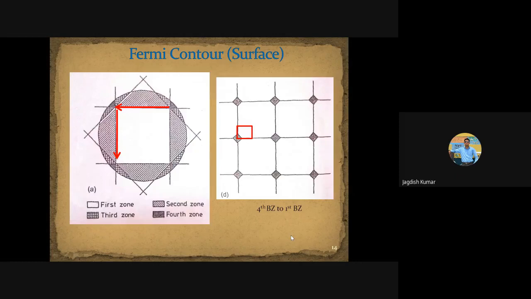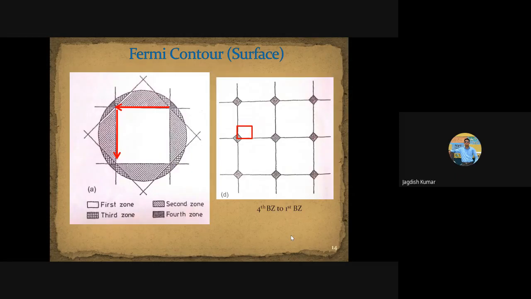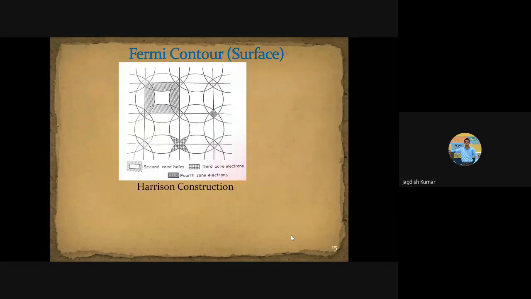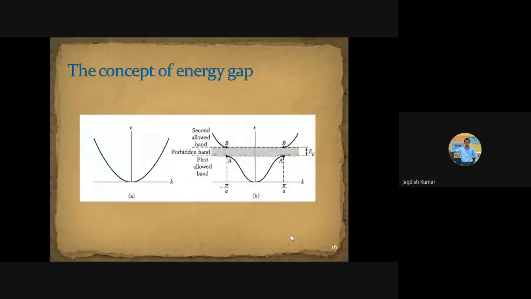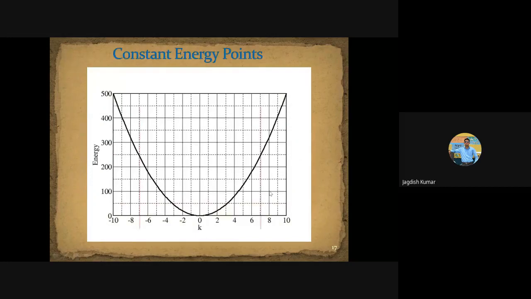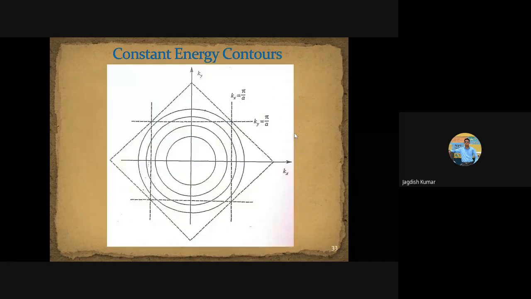So this is what you call the Brillouin zone folding, and how we can get from higher Brillouin zones to the first Brillouin zone. This we will skip. We'll discuss it in some next class, no problem. And then, of course, this is how the gap opens up. If the gap opens up, things become slightly different. That is how it opens up. So we'll discuss this in next classes, maybe because there is some prerequisite to discuss this. So I will be talking about this in the next class, no problem.